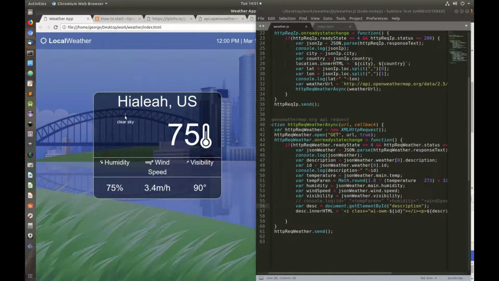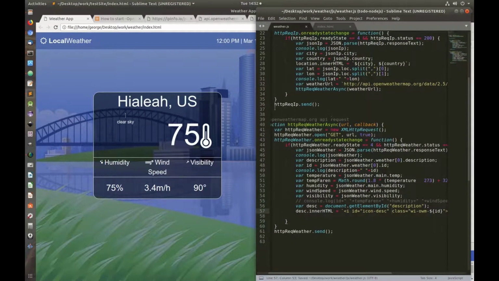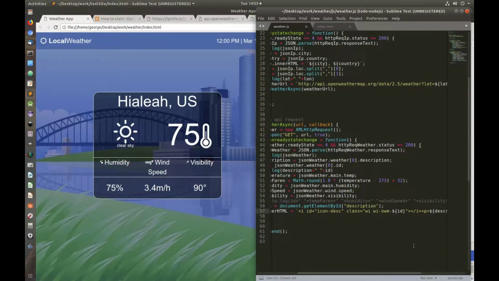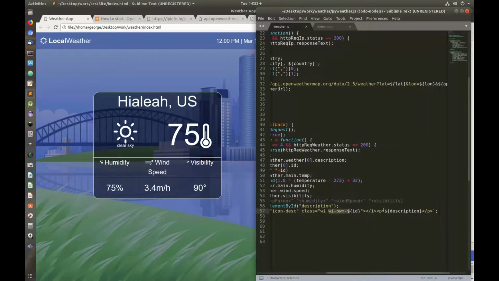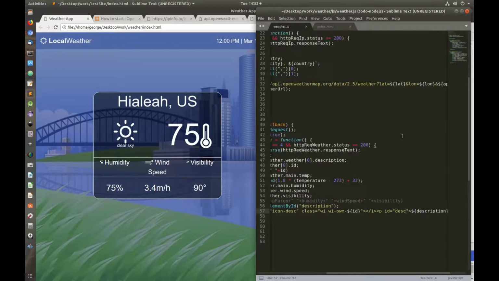and the icon we still need to fix, to add the ID to the icon so it gets proper style. So I'm going to say icon description, I believe is the ID. Icon description, yes. I'm going to save that, refresh, and I was able to fix the icon. I was missing the we class. I was using only the we own plus the ID, and so now I need to fix the clear sky description, which I need to add an ID of description. All of this is inside the index HTML page. Save, refresh,